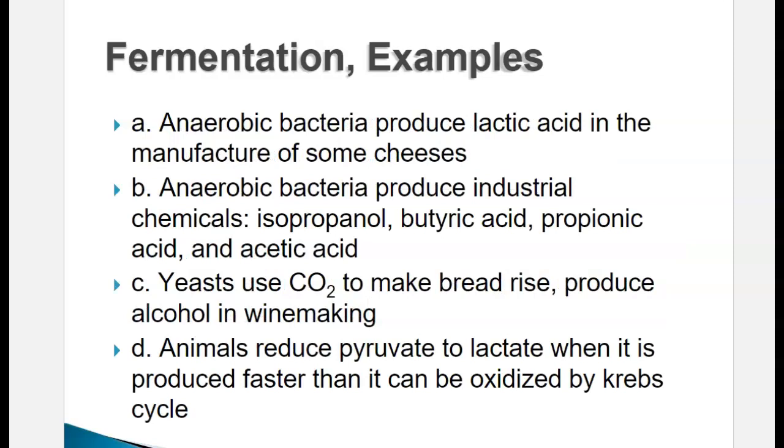So when this fermentation happens, depending upon if it happens within your muscles, or with certain bacteria, or in certain fungus, you get different products. So with certain bacteria, we can produce lactic acid, just like in your muscles. That lactic acid alters the pH of the milk, and then it'll actually cause the proteins in the milk to change their shape, curdle, and you get cheese curds. Industrially, we can do this with certain bacteria, and we can get a whole different host of types of organic acids that we use in our daily lives.